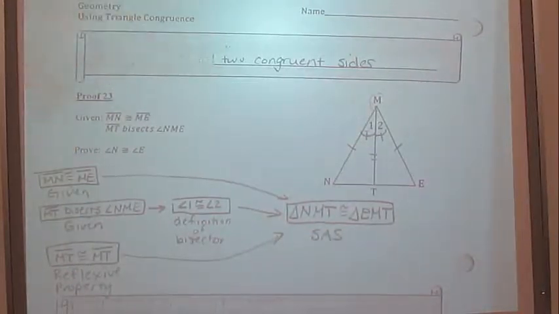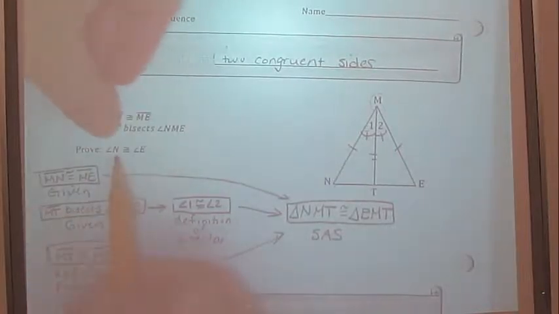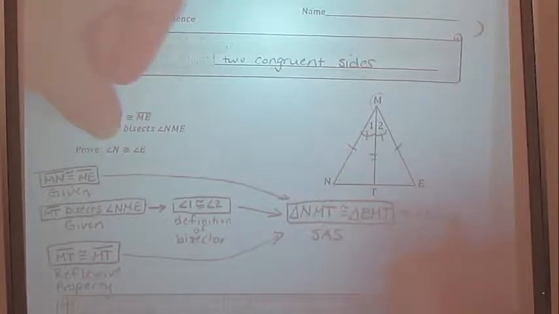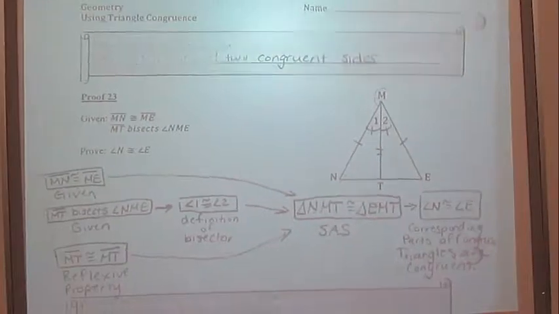Okay, so now we have two congruent triangles, and we can use the corresponding parts to show that angle N is congruent to angle E, because these two are corresponding parts. Okay? So we have angle N is congruent to angle E. And again, that's corresponding parts of congruent triangles are congruent. Right, so that's an example of a flowchart proof